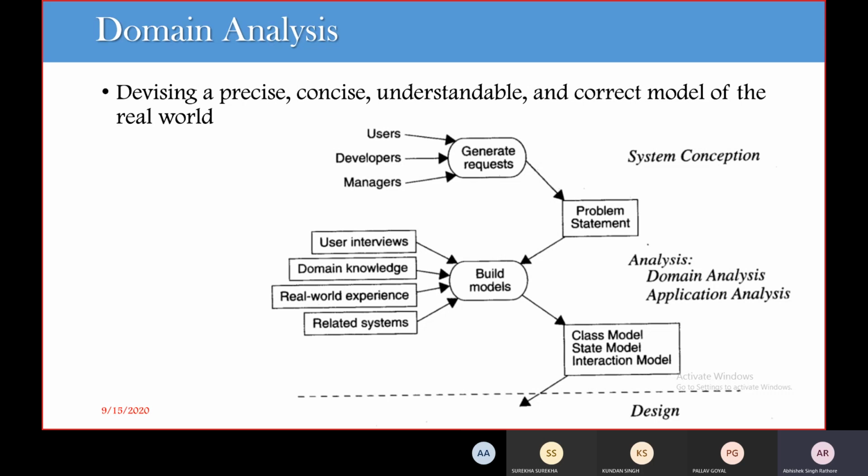Now, when we have these problem statements, we like to build our models. We have different types of models, that is class model, state model, interaction model, and so on. Usually we identify all the nouns and verbs. While drawing domain models, firstly we identify different nouns, then we go for the use case diagram, then the robustness diagram, then the sequence diagram, then the class diagram, and finally the stable class diagram.